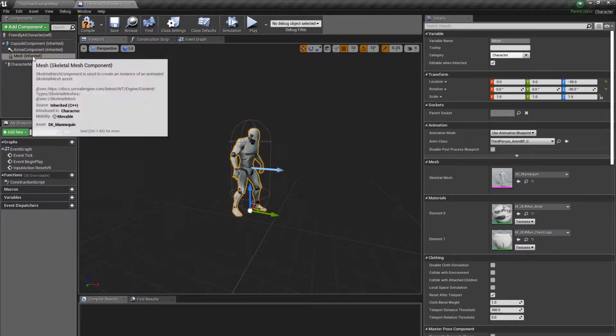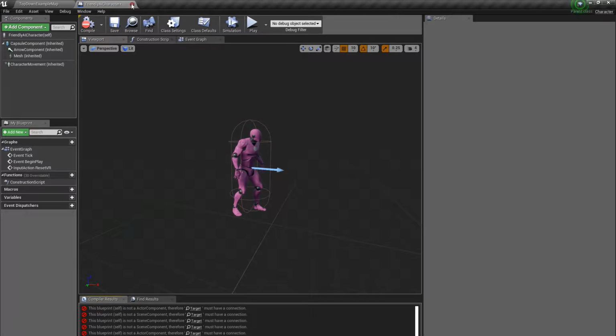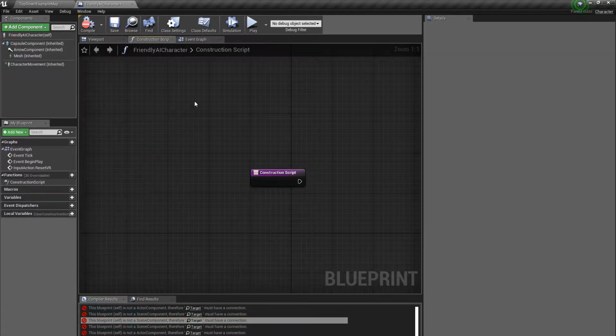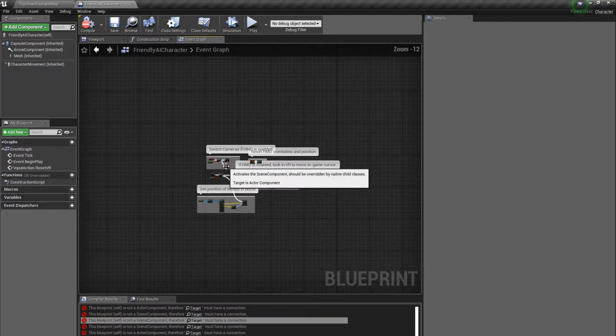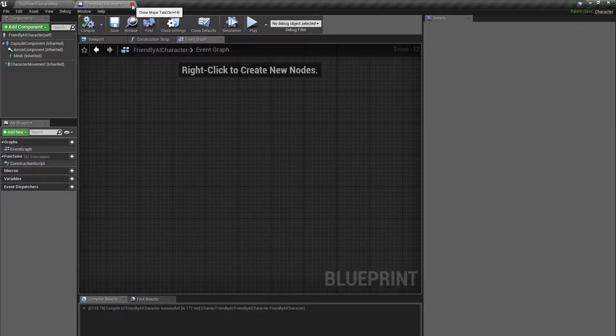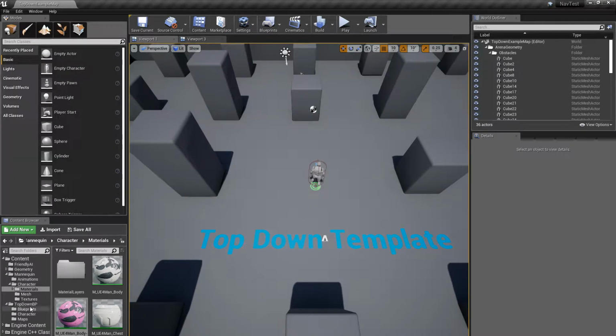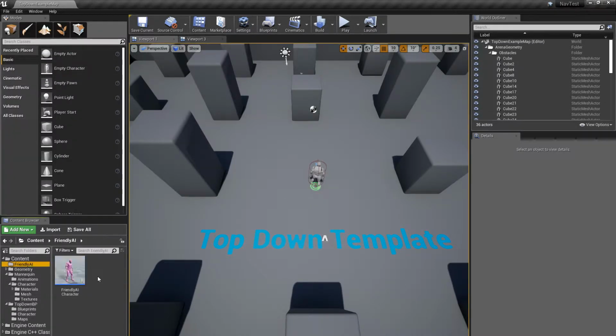So I just figured that was going to be like that. And for the mesh, apply that. Oh, did not like that. So, right, normally clicking on that will do something. Alright, I just don't want any of the standard stuff. Okay, I'm going to save that. So I've now made a character